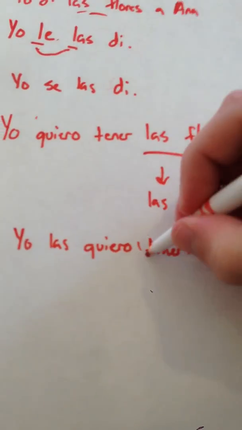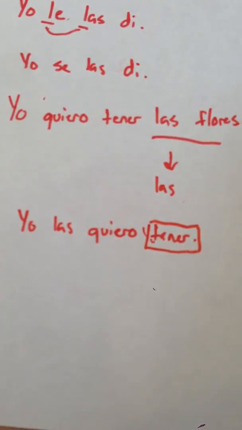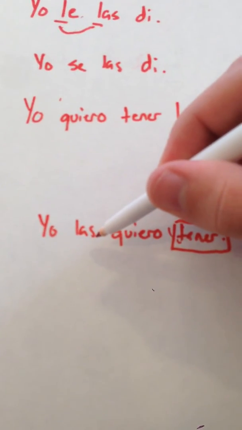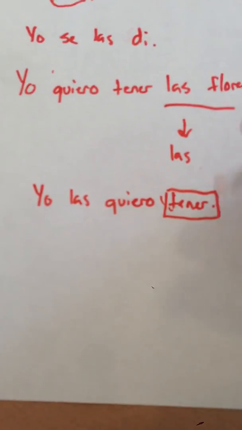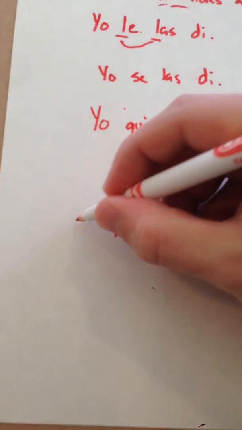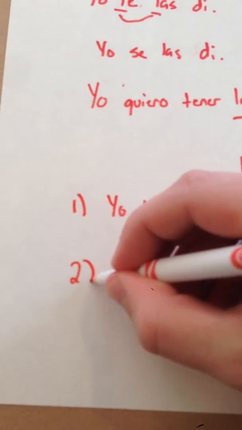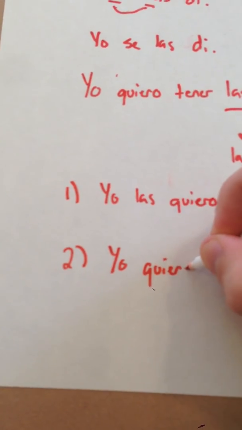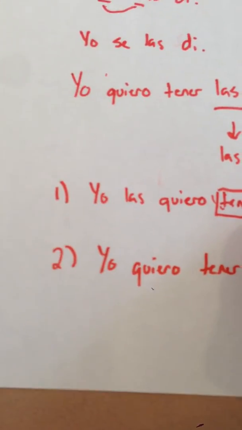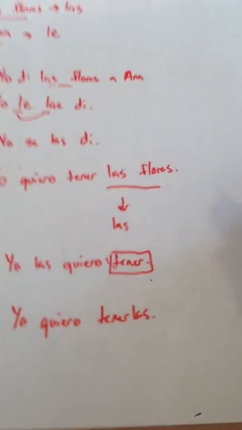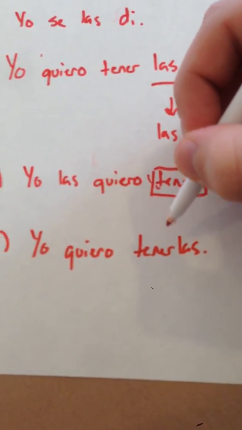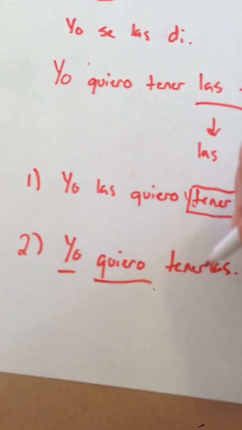But whenever you have an unconjugated verb, like tener, you can attach your direct object pronoun or indirect object pronoun, in this case we only have a direct object pronoun, to the end of the unconjugated verb. So this is option 1. Option 2 would be yo quiero tener las. In this case, for me this is a little bit simpler because the syntax is the same in Spanish as it is in English. I want to have